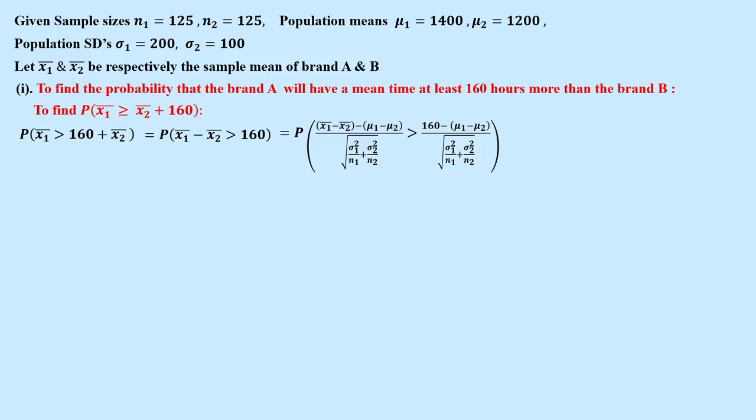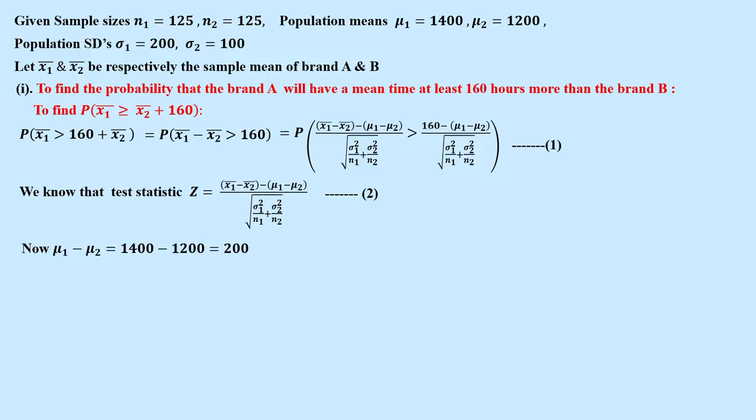So you will get x1 bar minus x2 bar minus mu1 minus mu2, which is greater than 160 minus mu1 minus mu2, right? First step. Second step, divide both sides by root of sigma 1 square by n1 plus sigma 2 square by n2, which is greater than 160 minus mu1 minus mu2 by root of sigma 1 square by n1 plus sigma 2 square by n2. We know test statistic z is equal to x1 bar minus x2 bar minus mu1 minus mu2 by root of sigma 1 square by n1 plus sigma 2 square by n2. So using this, so you will get